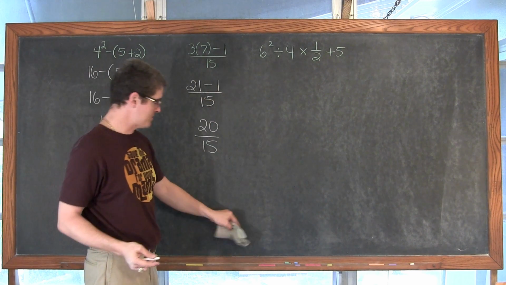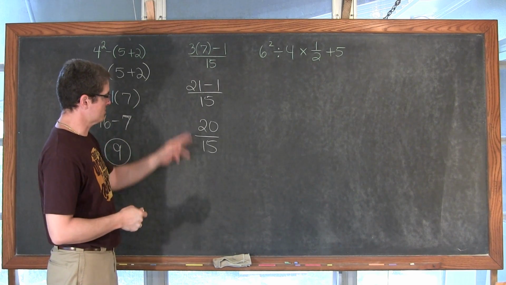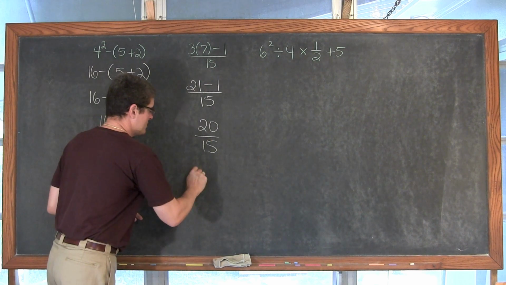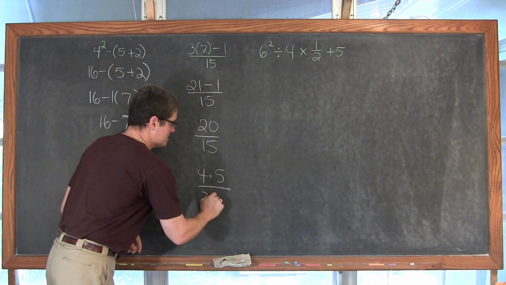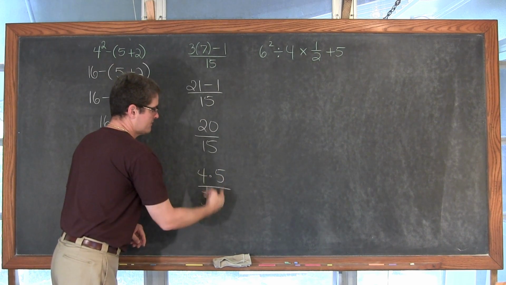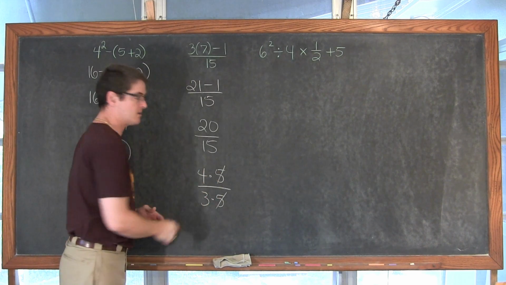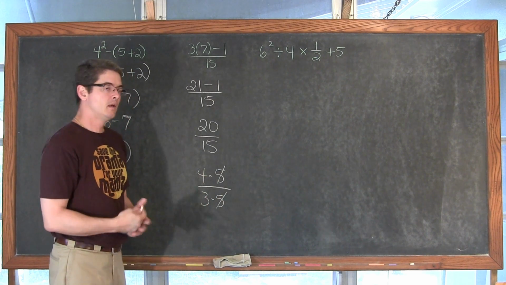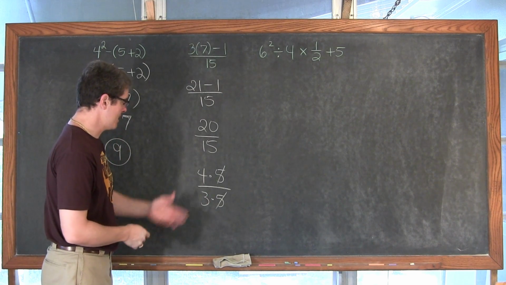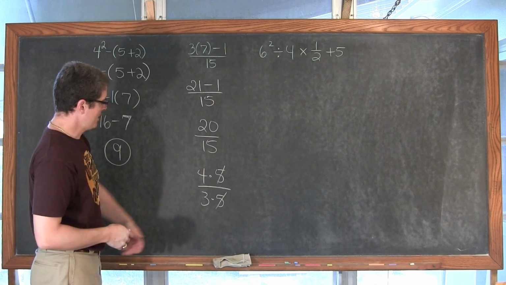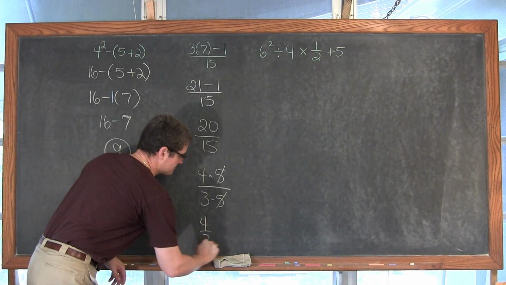or, which is really honestly what I do most of the time in class, or I can factor this and show that they have the same common factor. So 20 is equal to 4 times 5, and 15 is equal to 3 times 5. And then anything divided by itself, 5 divided by 5 is equal to 1, so they cancel out because when you multiply by 1, well, 5 times 1 is still 5, so it appears like nothing really happens. It's the identity of multiplication. And 4 divided by 3 is just 4/3.